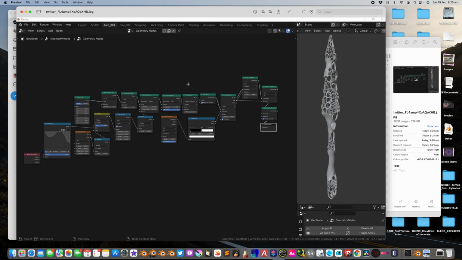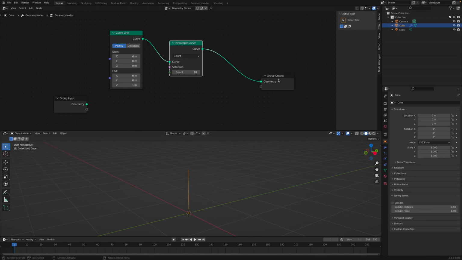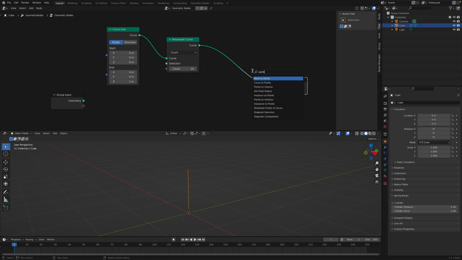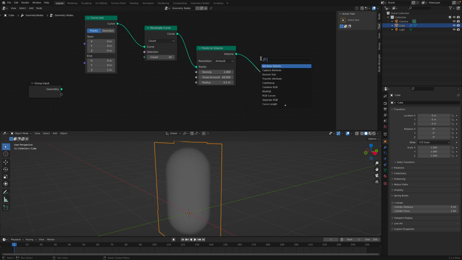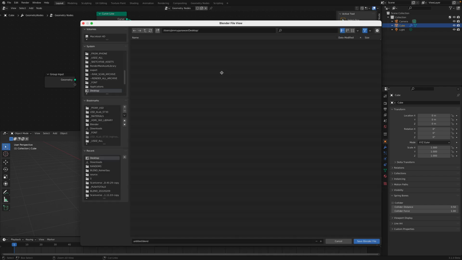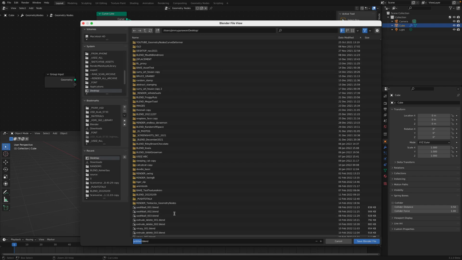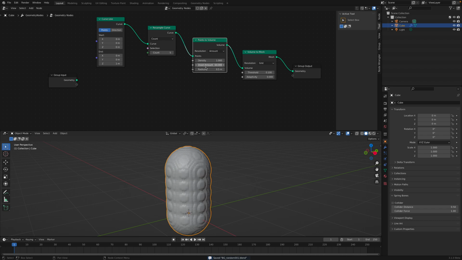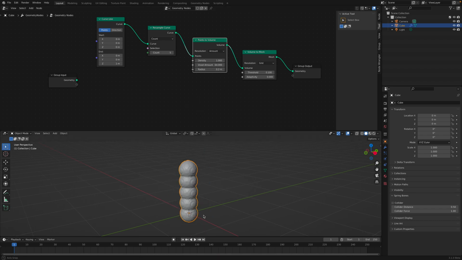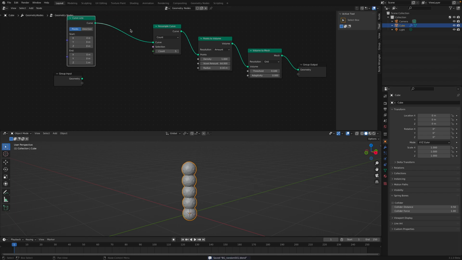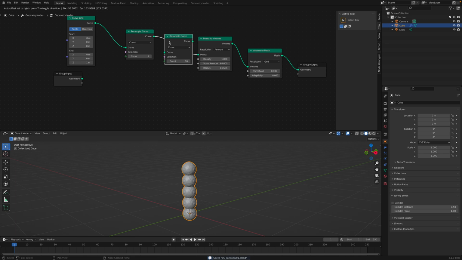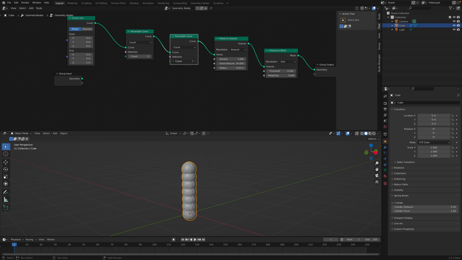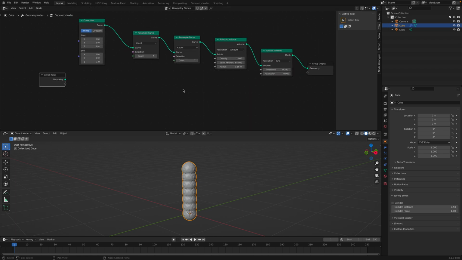Curve line, resample. By resampling, you're going to get points. Eventually, he used the point to volume and volume to mesh. That's what he did. Let's save this very quickly. BG random. And we can resample it 5 times, which also gives something like that if you change the radius. If you resample this again, you're going to get something different. Let's see how it works when we actually use it with